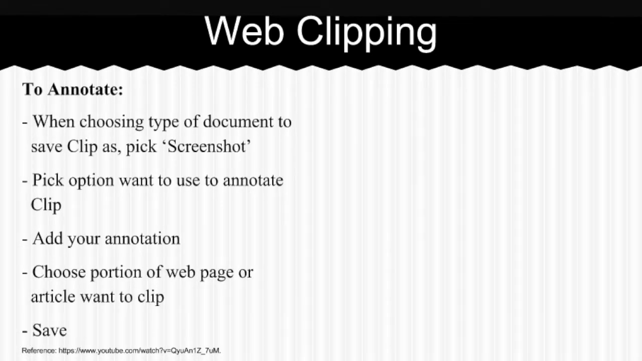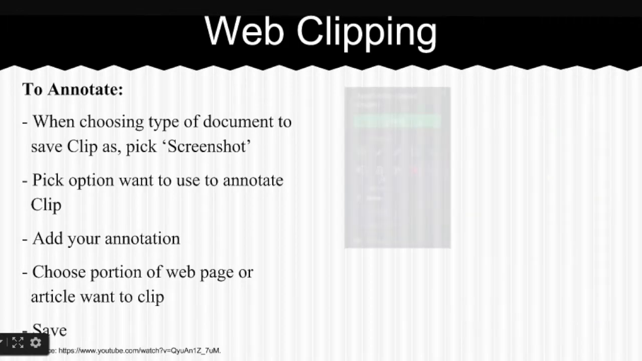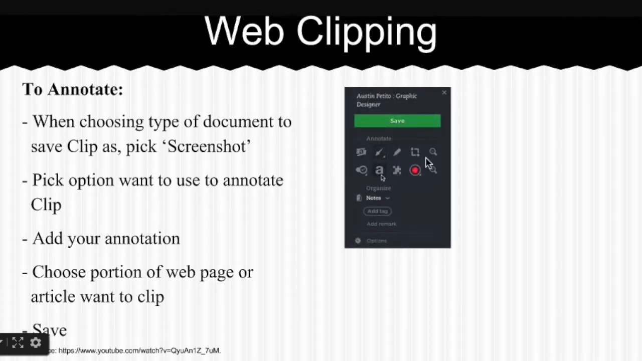Okay, in order to annotate the web clip that you're wanting to clip from the internet, you choose the type of document that you want to clip, just as we said before, but you only choose screenshot for the ability to annotate. Okay, then you pick the annotation type you would like to utilize. So here are the different types of annotation you can use. You can highlight information, you can select specific text, you can zoom in or zoom out. You can write things on it, so you can write like a little heading on top. Okay, so you pick one of these tools,